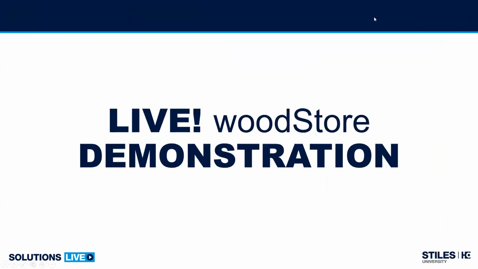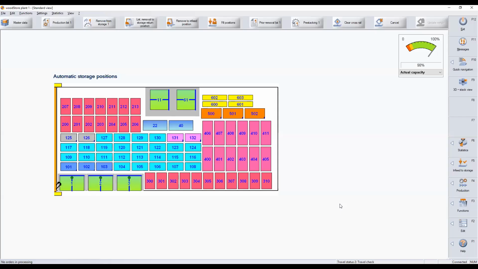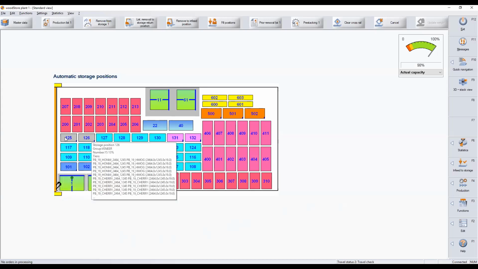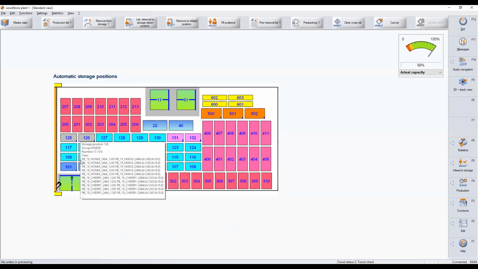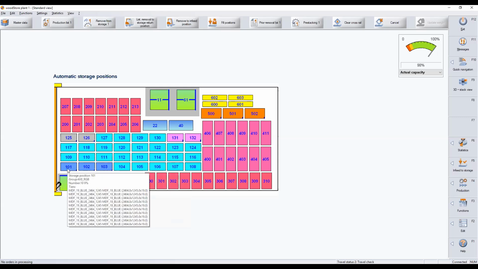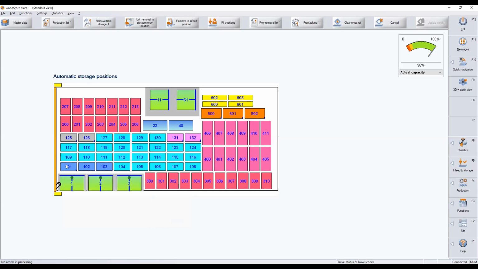Okay, so I'm gonna start my IntelliStore system or my WoodStore software. So here's my configuration. Again, you'll notice that my colors have shifted a little bit. So 126 and 125, those are my veneered panels. 101, 102, and 103. Those are specifically 4x8 material, but they're in 3 colors, red, green, and blue. They're 19 millimeters thick. If I open up 101,